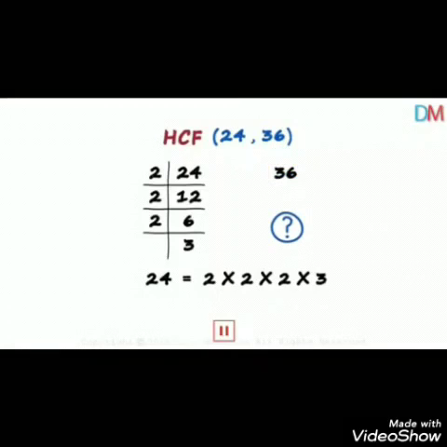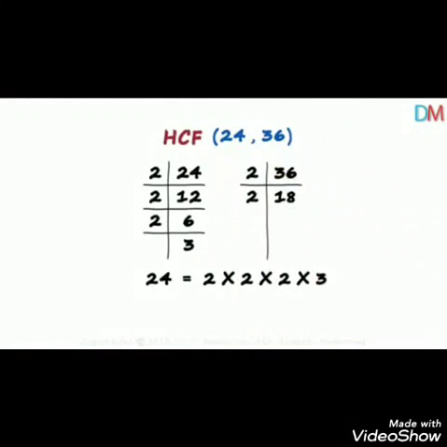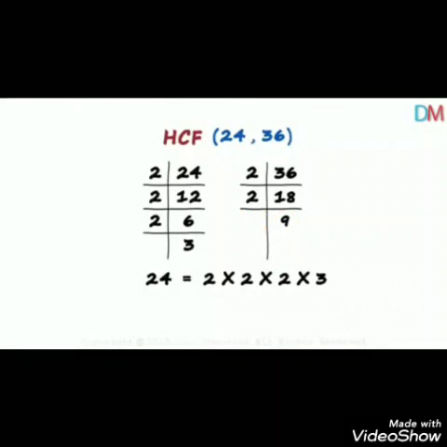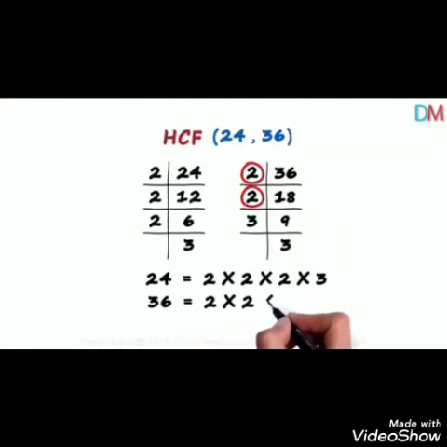Let me see if you are doing it. So let's start here also. As 36 is also an even number, let's divide it by 2. The quotient is 18, which is again divisible by 2. Quotient is 9, which cannot be divided by 2 because 9 is an odd number. So let's try the next prime number, that is 3. 9 is divisible by 3, that is 3 3s are 9. So we write the quotient 3 downside. Again we received a prime number at the end, so we stop the process here. Now we write down all the factors as received in the L shape. So 36 is equal to 2 multiply 2 multiply 3 multiply 3.